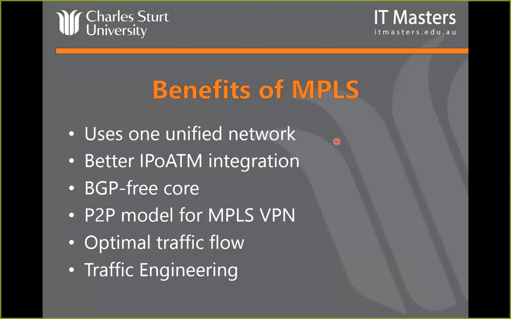You can run a BGP-free core. In this case, if the service provider is providing the routing internally in that core, they might use BGP. In fact, most of the service providers do, because they also have internet involved and lots of other things involved. But if you're running an MPLS VPN, you can run OSPF or EIGRP or RIP or whatever you like over the top of that, particularly if it's layer 2. Doesn't matter, that's up to you. So you don't have to worry about implementing BGP and having that expertise in BGP.